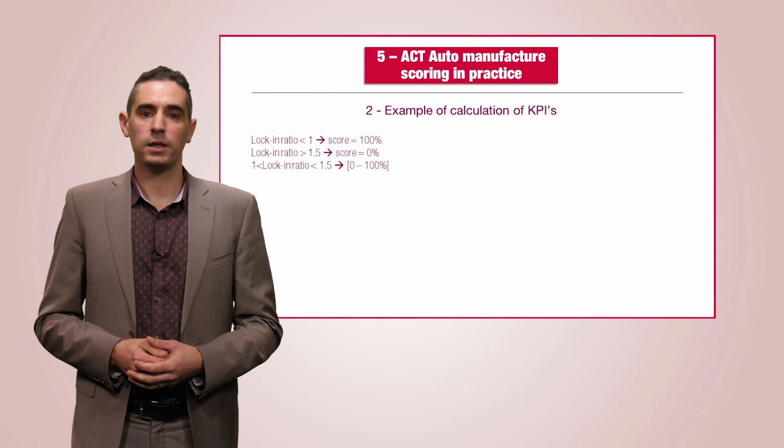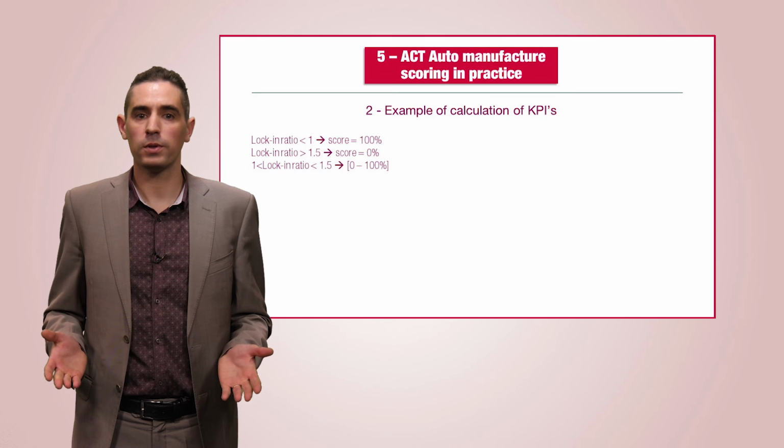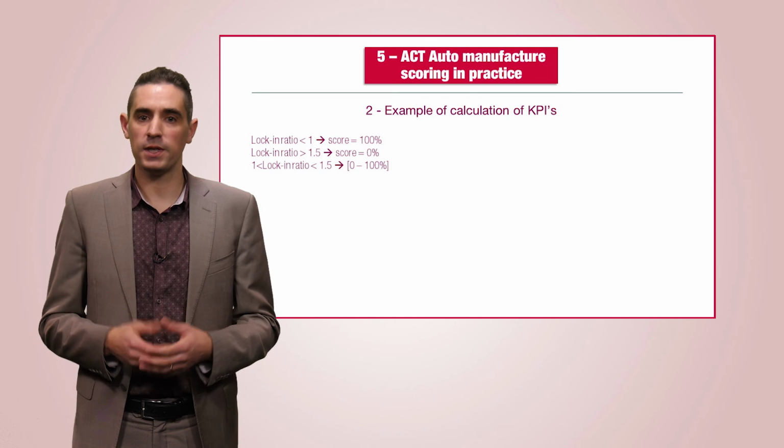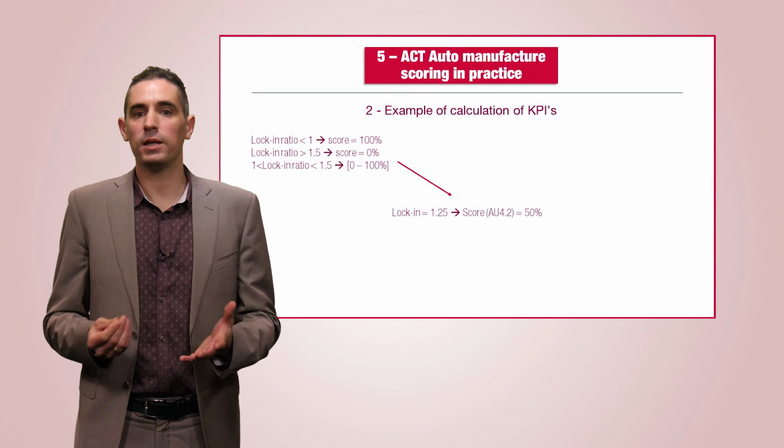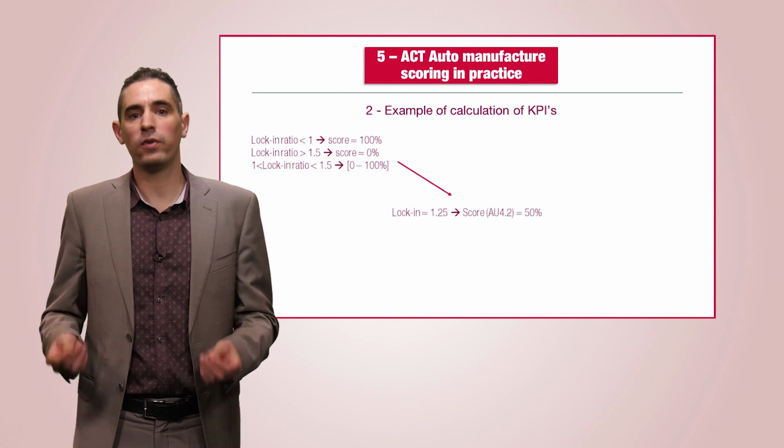The rule applied here is if the ratio is below 100%, then the company sold vehicle performance is better than 2 degrees, and the company gets a score of 100%. But if the locked-in ratio is higher than 1.5, then the performance is significantly worse than 2 degrees and the company gets a 0. If it is between 1 and 1.5, the company will get a proportional value between 1 and 0. So if the locked-in ratio was 1.25, it would get 50% score,